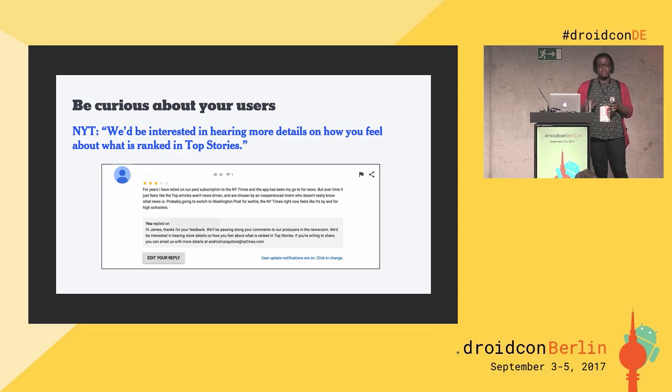Perhaps something like removing a story that's already been read or something like that. Or it's possible that once we get the feedback from this reader, I could give it to the newsroom, and the newsroom could change their strategy in how they rank stories, but it's hard to say whether or not that's going to be satisfying if I don't bother to ask this reader more questions about why they left this comment in 3 stars in the Play Store. So being really curious can help you get more information about how you want to move forward and build.